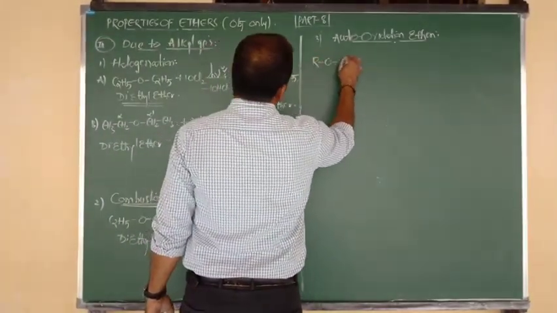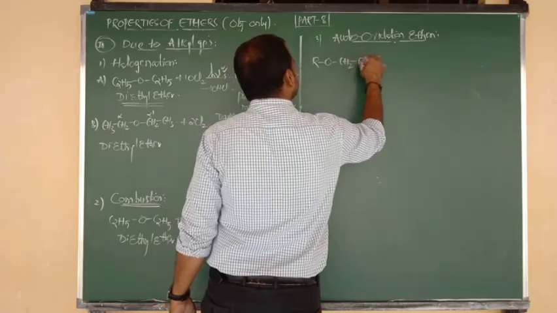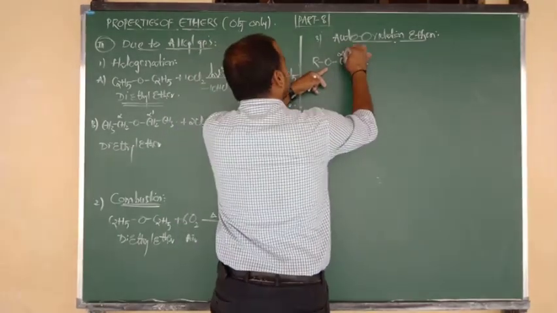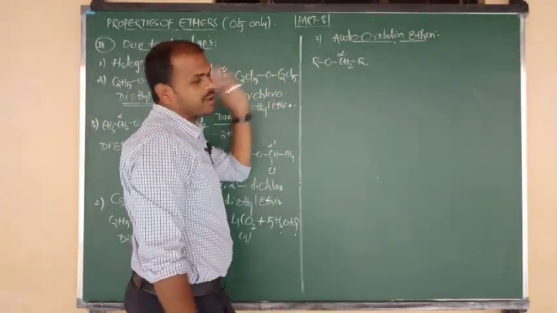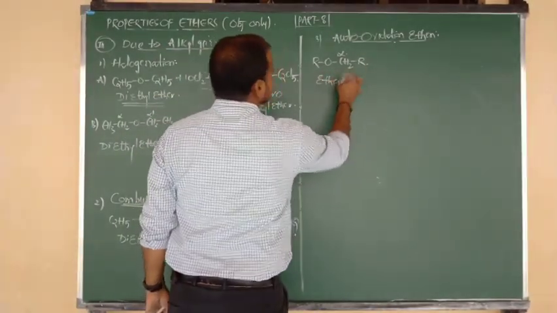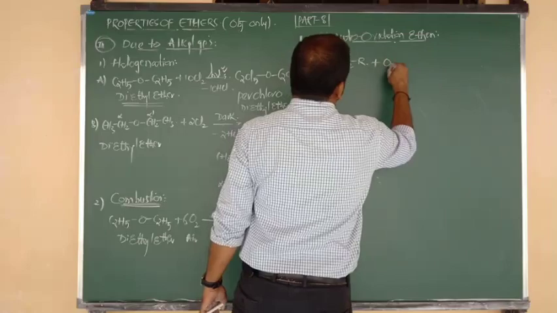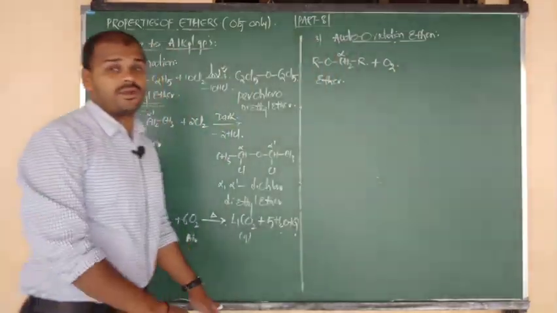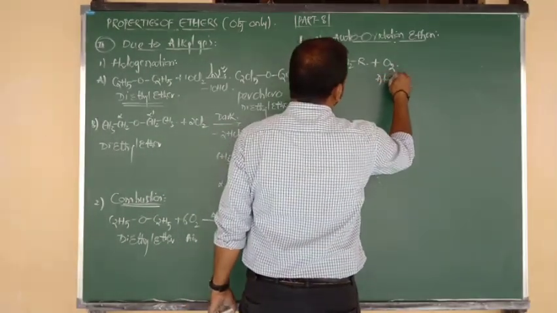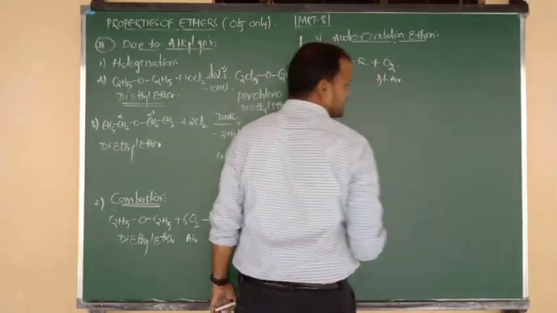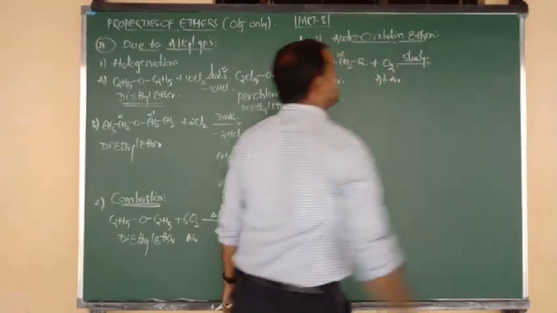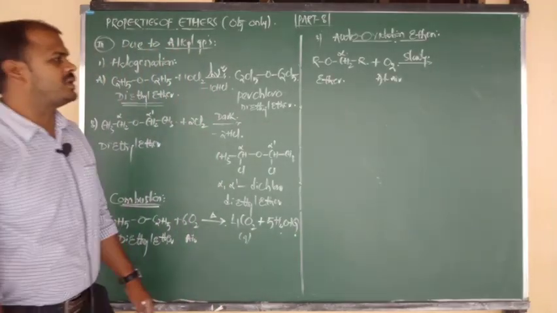First of all, R bonded to O, again O bonded to CH2, CH2 bonded to R. The carbon adjacent to the ethereal oxygen is alpha, so I try to denote it like that, alpha CH2. An example of ether. It undergoes reaction with atmospheric oxygen, that is nothing but O2, not free oxygen, O2, beta. So ethers upon reaction with atmospheric air, and also we can say atmospheric oxygen, this reaction takes place slowly. Okay, now if it is free oxygen it will go fast, O2 means it will go somewhat slowly, beta.